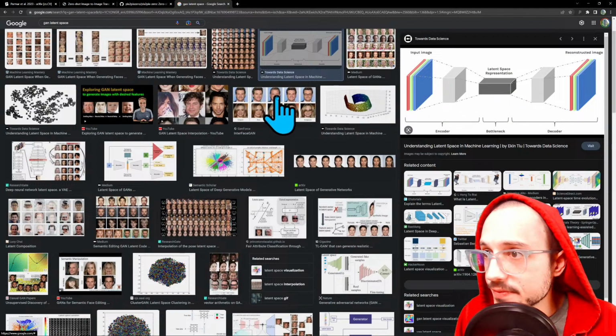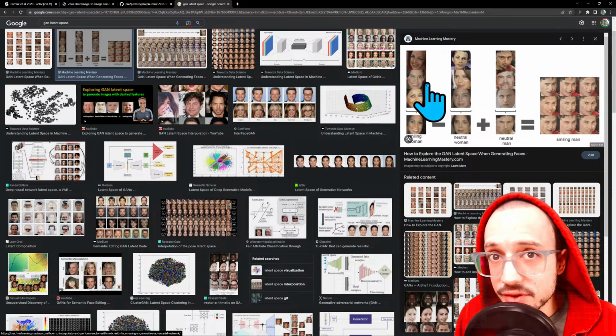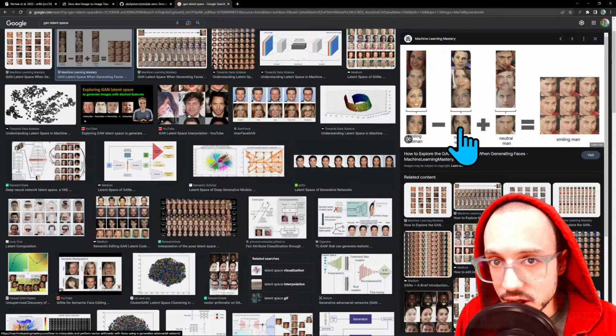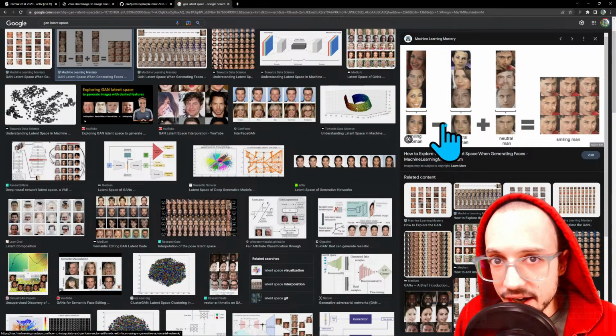If you have, for example here, celebrity images, and you put every single one of these images through the generator of a GAN, you would get a latent vector for each. If you took the difference in the latent vectors between all of these, you would find that there is some consistent direction, some consistent vector that moves you from smiling woman to neutral woman. They're not going to be perfect every time, right? The latent space of a GAN is not